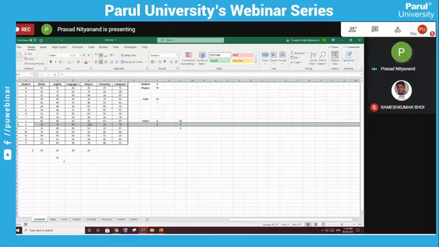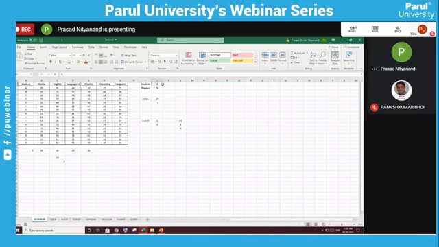This VLOOKUP function makes it much easier for the user. Any user will just need to enter the student name and the subject name, and he will directly get the marks by use of this function. For example, here we want the marks of student B in the subject of physics.